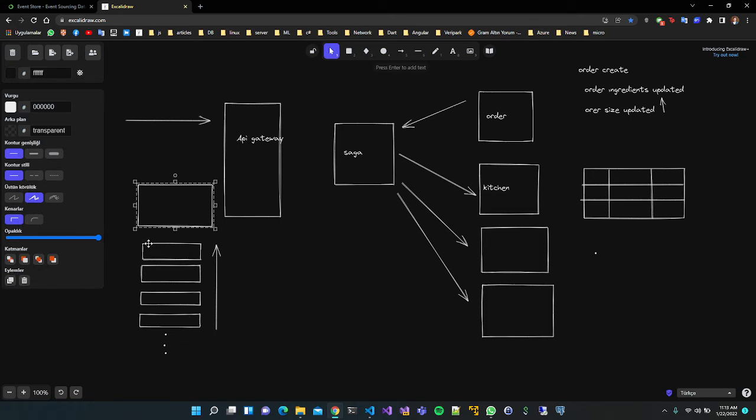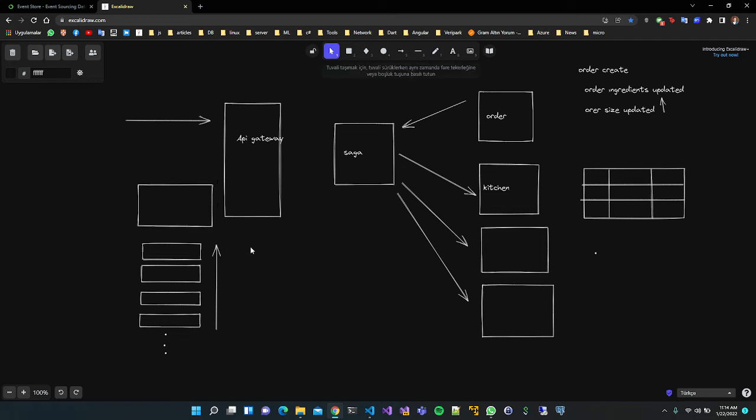These are our events. We created the object in the C# application, a .NET application, and we applied all of these events to the object. And in the end we get the order object, and we can manage this order object as we want.